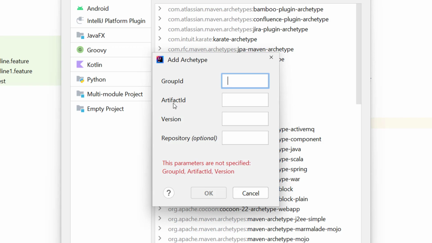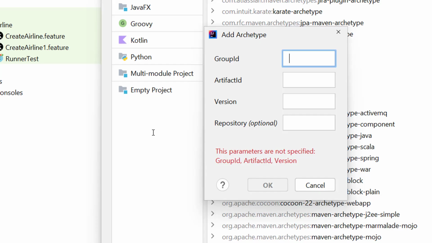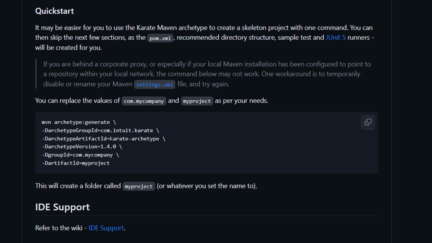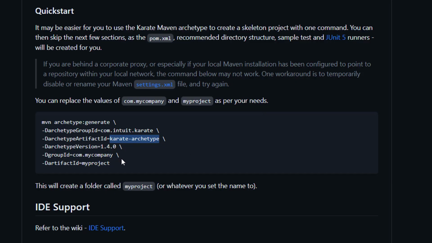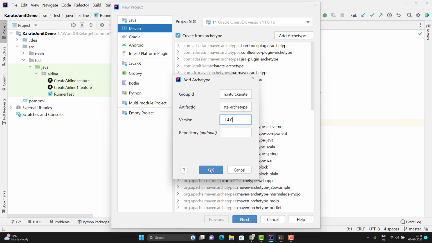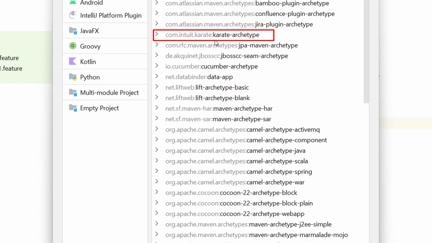So let me copy this group ID and paste it here, and copy the artifact ID and paste it in artifact ID, and we are going to use 1.4.0. So let me type it. Now click on OK. After adding that, you will see one option here: com.intuit.karate, karate-archetype.